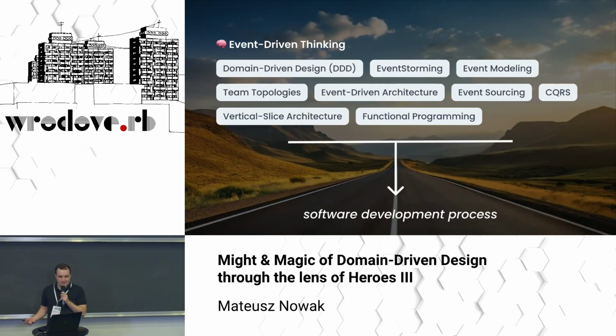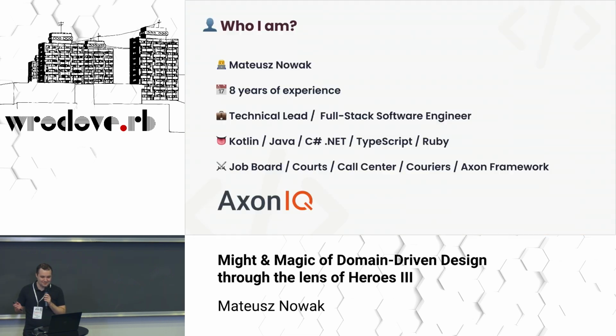Event-driven thinking is a term which contains things like DDD, event modeling, and event sourcing, which I will be talking about today. But it's not about a certain way of writing code, it's something that has to shift in our minds. We need to change our way of thinking, changing our focus in application design from database tables to processes and behaviors. Putting it all together, a process of application design has emerged, which I use in real commercial projects, and I will present it to you today, but on a fun example.